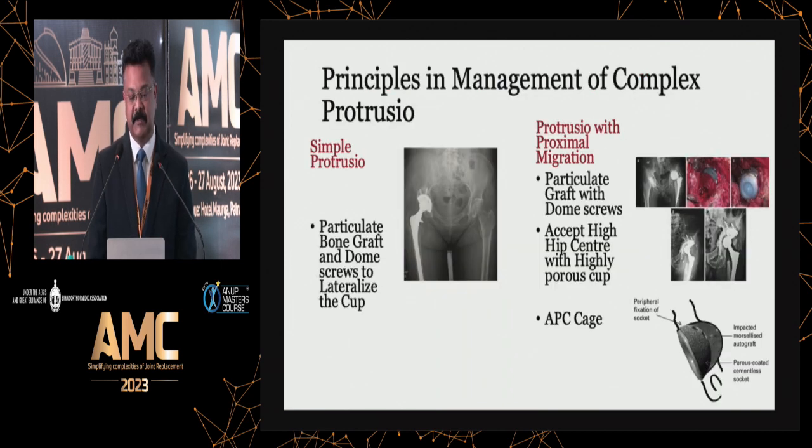Now, the principles in management of complex protrusio: if it's a simple protrusio, particulate bone graft and dome screws to lateralize the cup should be enough. However, if it is a protrusio with proximal migration, particulate graft with dome screws, accept a high hip center wherever you find good bone, and a highly porous cup should do. However, one must be prepared to think in terms of an APC, which is an anti-protrusio cage, as and when